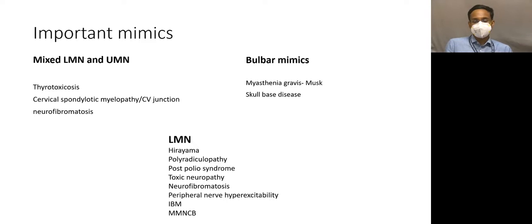A similar presentation in a young person, a 20 to 30-year-old gentleman who comes with wasting in the upper limbs and upper motor neuron signs in the lower limbs. The sensory dissociation may not be elicited initially, or we may not be able to get that in the first sitting. One must always consider a CV junction anomaly as a presentation, and that a syrinx or intrinsic cord lesion is involved, which is the reason why they have the wasting in the upper limbs. And always